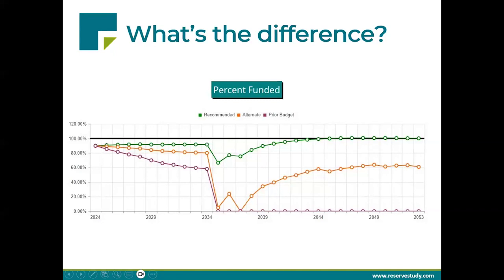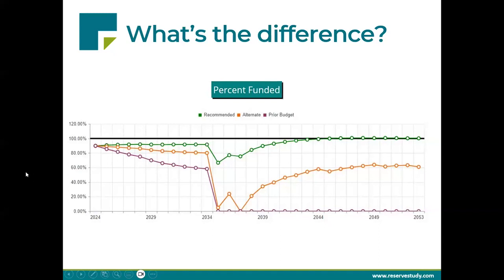Okay. So people will often ask, what does this mean in terms of cost, right? Now, the baseline funding plan in this example required $102,400 in contributions in year one. The full funding plan called for $127,500. It's a difference of about 25%. Okay. Now, I will tell you that's actually a more sizable difference than we usually see. Most of the time, the net difference between baseline and full funding is something like 15 to 20%. Okay. It's not double, it's not triple, it's not 10 times the amount of money to fully fund compared to baseline. It's a little bit more.